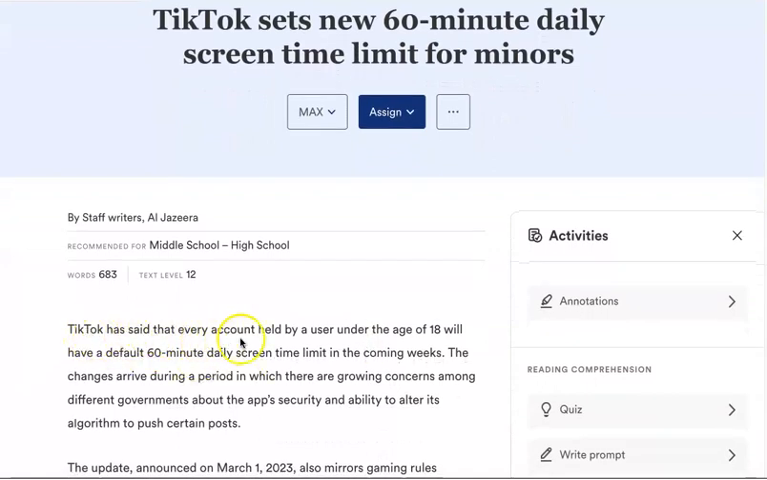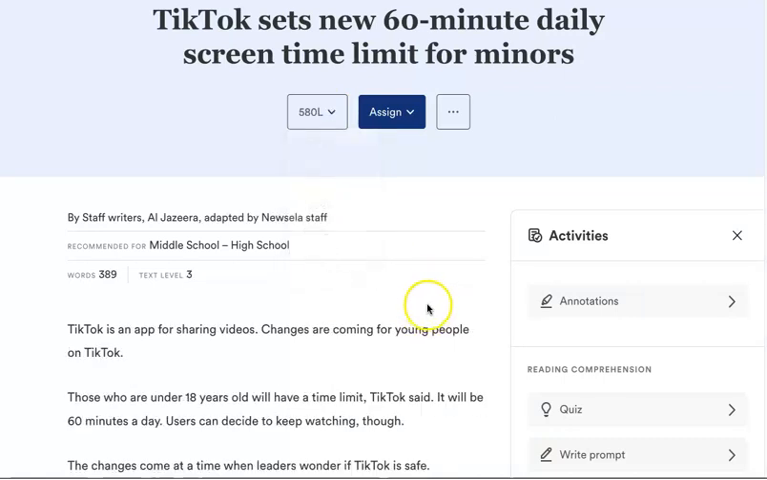"TikTok has said that every account held by a user under the age of 18 will have a default 60-minute daily screen time limit in the coming weeks." That is quite a mouthful for a beginning ELL student. So you can adjust the level. You've got 5 levels to choose from here, and you could take it down to the most basic level, and